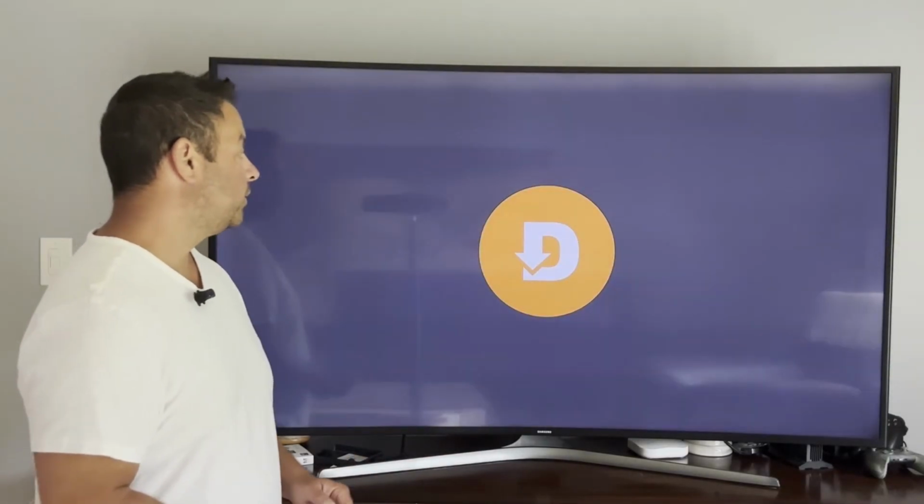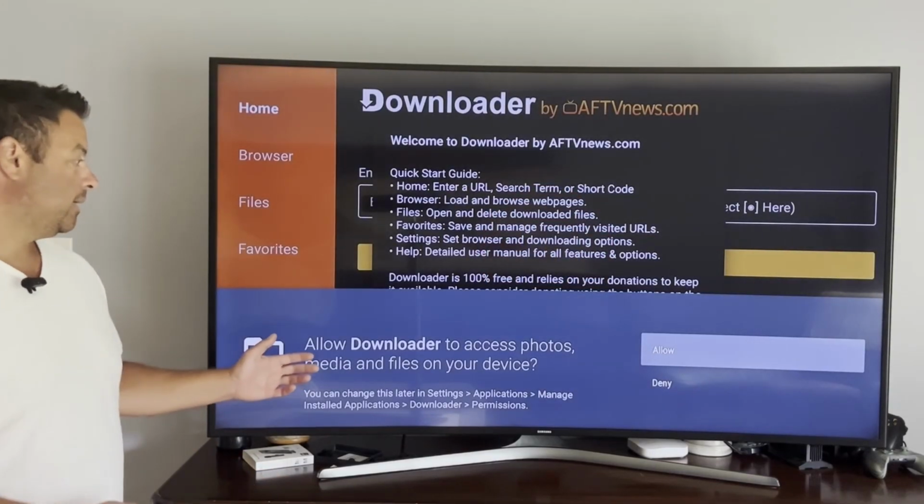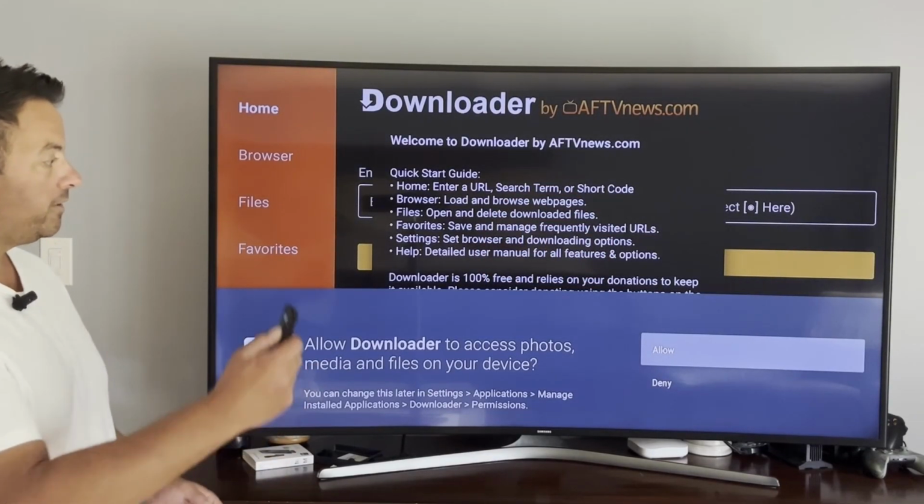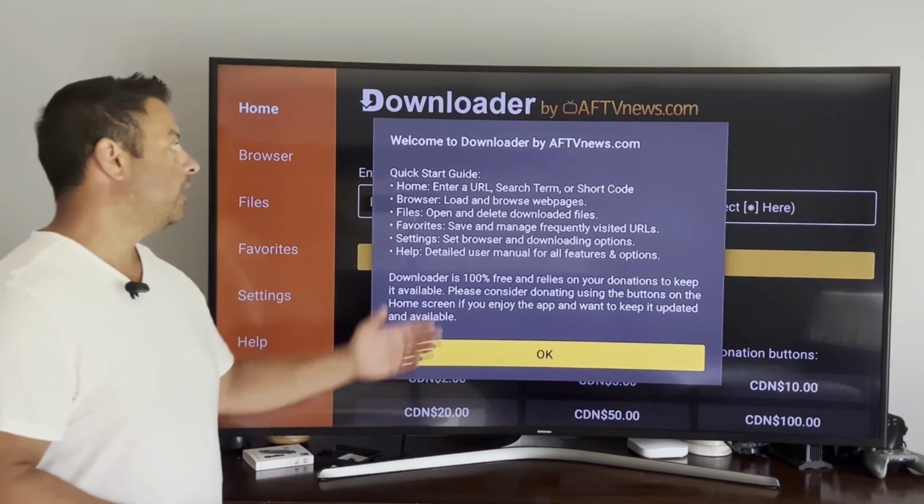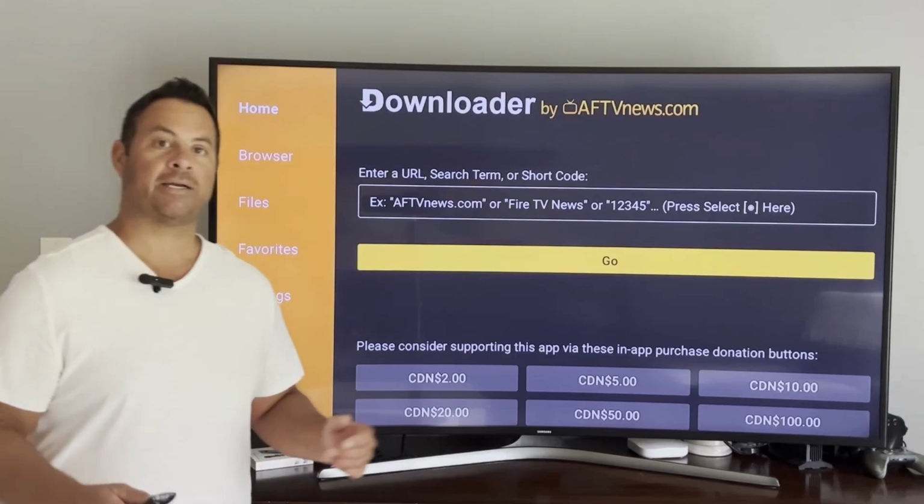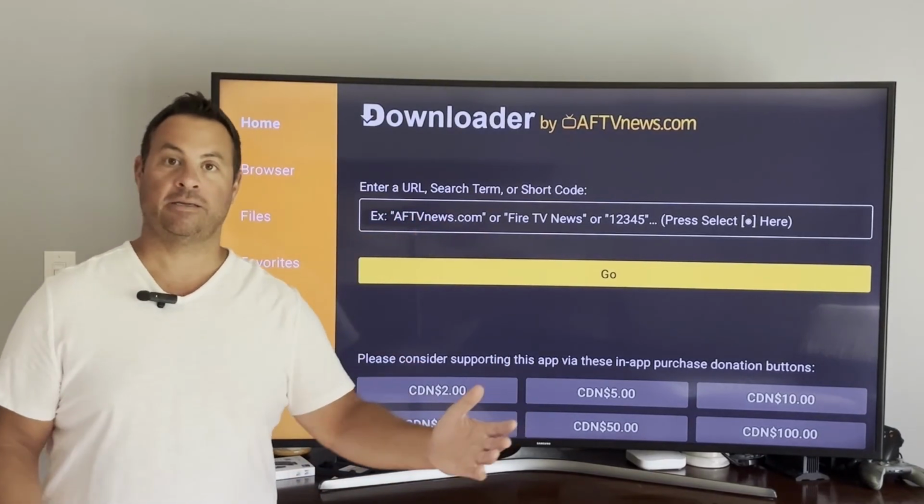So highlight downloader. Let's open it up and see what's going on. Yes, allow downloader to access photos, media, files on our device. Say allow. A little start guide. We can click OK. Now downloader acts as a web browser. So we can type in any